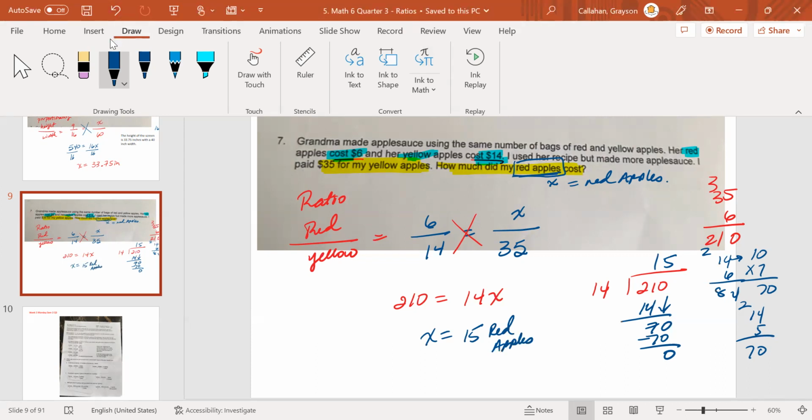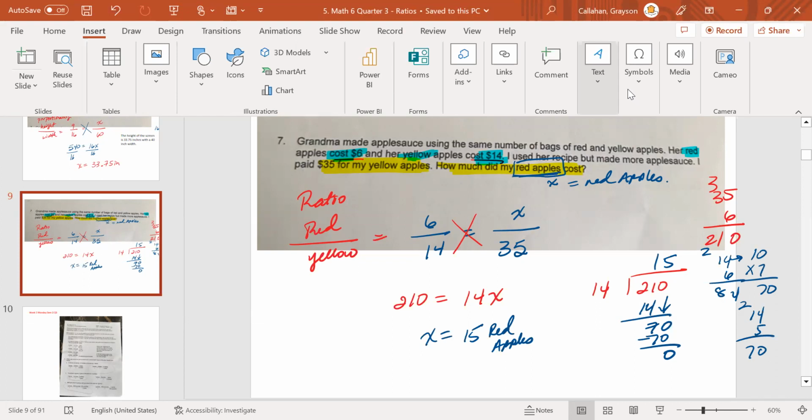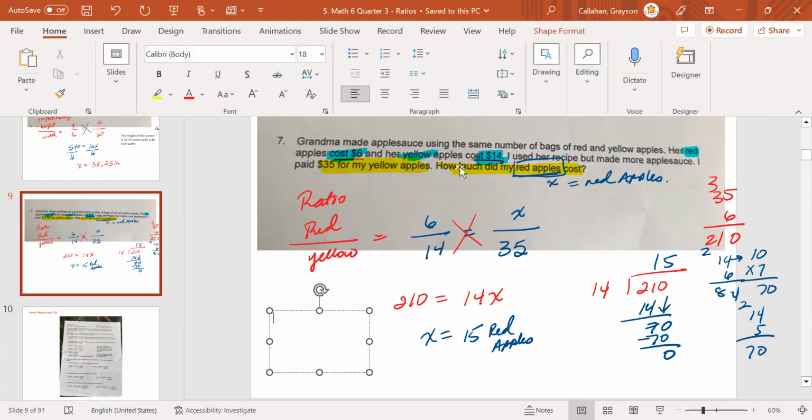apples. So then when you go ahead and answer this question on your test, go back to the question. It says, how much did my red apples cost? The red apples cost $15 if the yellow apple cost 35